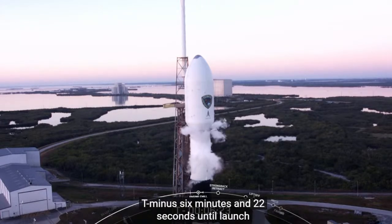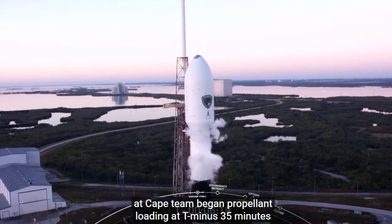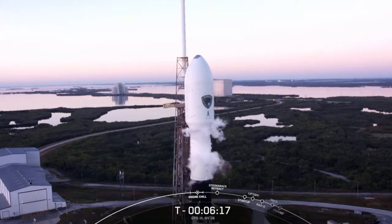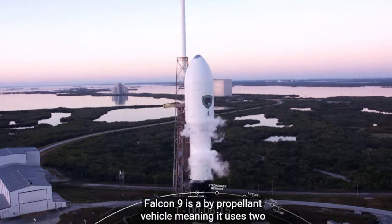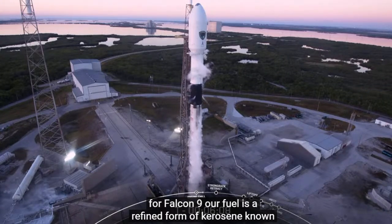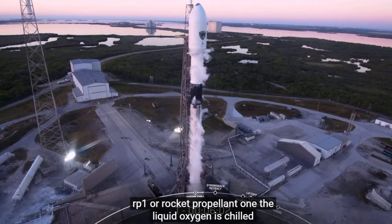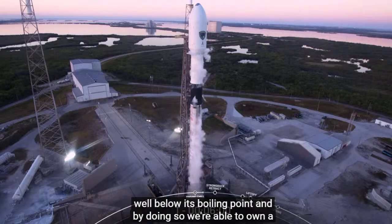We're at T-minus 6 minutes and 22 seconds until launch. The Cape team began propellant loading at T-minus 35 minutes. Falcon 9 is a bipropellant vehicle, meaning it uses two propellants, a fuel and an oxidizer. For Falcon 9, our fuel is a refined form of kerosene known as RP-1, or Rocket Propellant 1. The liquid oxygen is chilled well below its boiling point, and by doing so, we're able to...